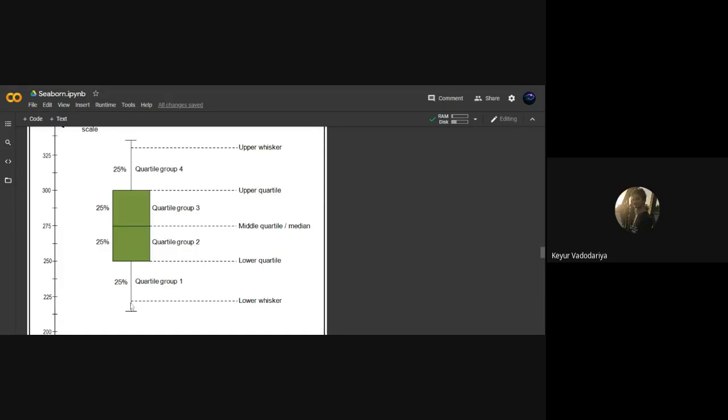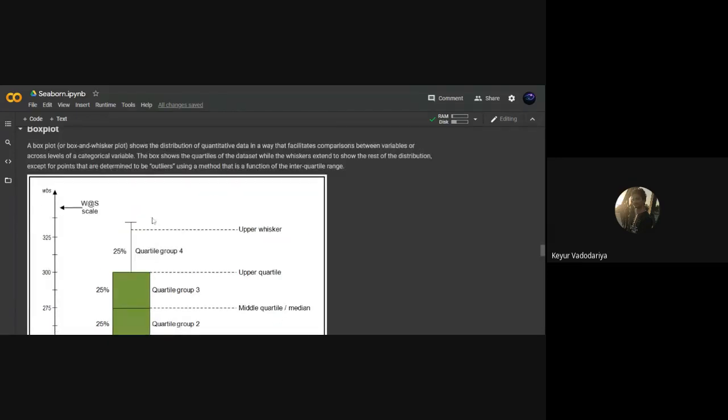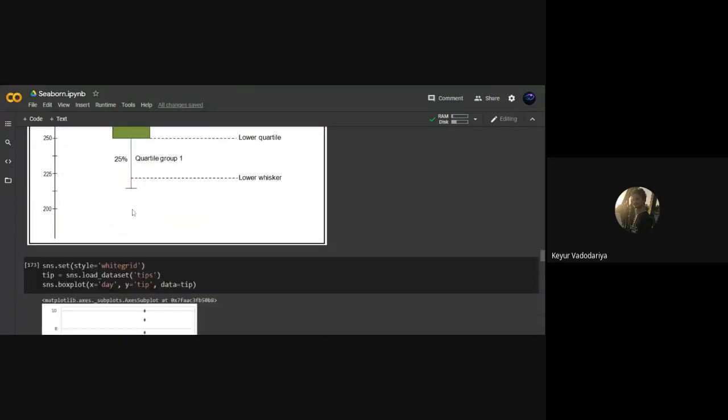The lower whisker simply means the lowest possible value, the upper whisker means the highest possible value, and the data points above the upper whisker and below the lower whisker are classified as outliers. Outliers simply means that they are not following the trend of the data.